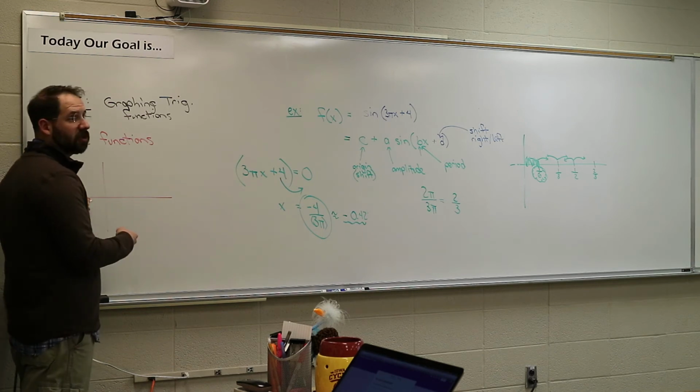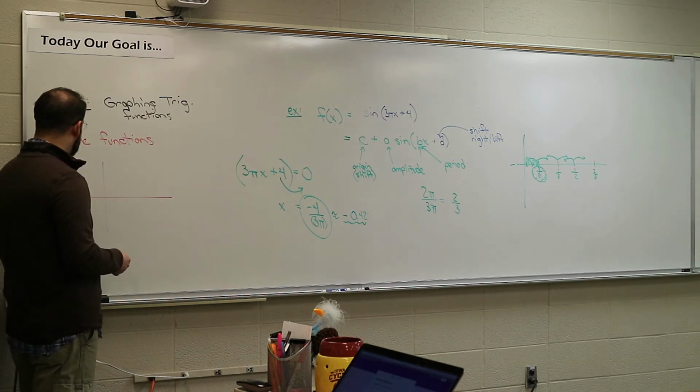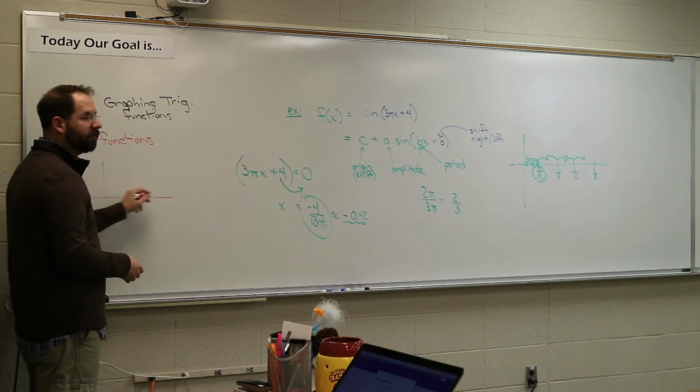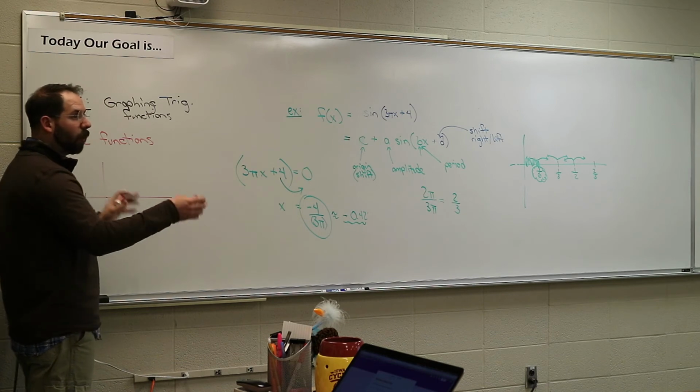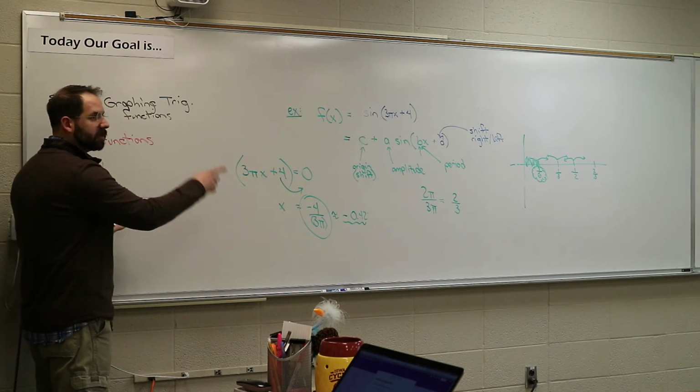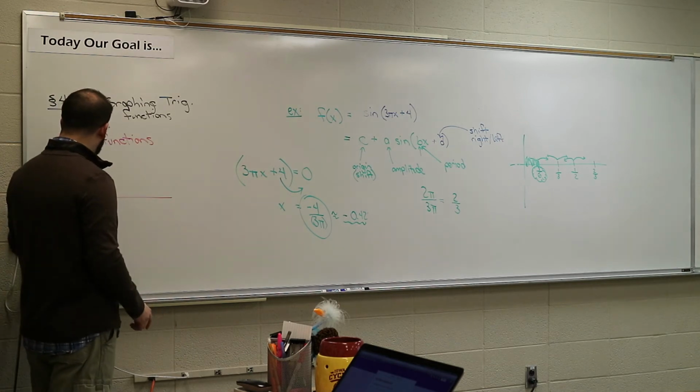Okay. And then to find the next hash mark, because that's my starting point, that's where 0, 0 is. If I was drawing the sine, this is what it would look like, it would do the normal thing. I need to figure out where the next few hash marks are, because I don't know where they're at. There are 4 hash marks. This is the starting point, so I have to go 4 hash marks across. How do I figure out the 4 hash marks? You have to take this one